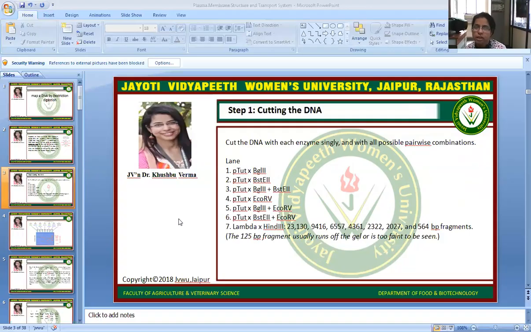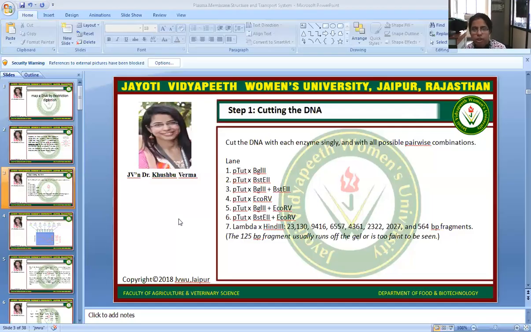In the fourth lane, plasmid tutorial will have EcoRV only. The fifth lane will have plasmid tutorial with BglII and EcoRV. The sixth lane will have plasmid tutorial with BstEII and EcoRV, and the seventh lane will have lambda and HindIII,